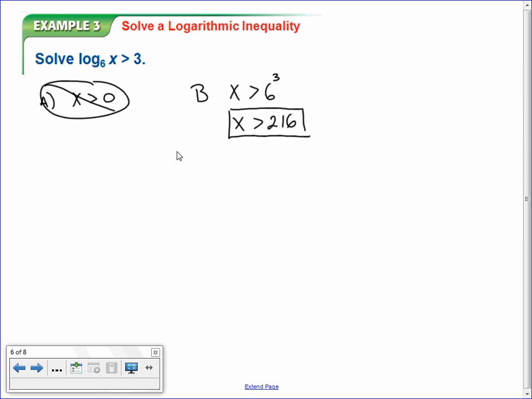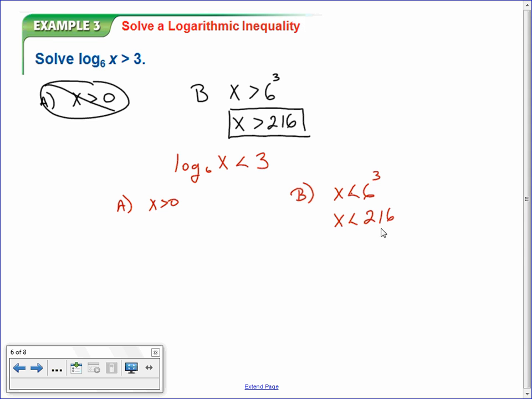In other words, if I had log base 6 of x is less than 3. Okay? But once again, I know that whatever x is, it's got to be greater than 0. Alright? Now going back and doing the same thing here, except now the sign is different. So this is part B. I know that x is less than 6 to the third power. So x is less than